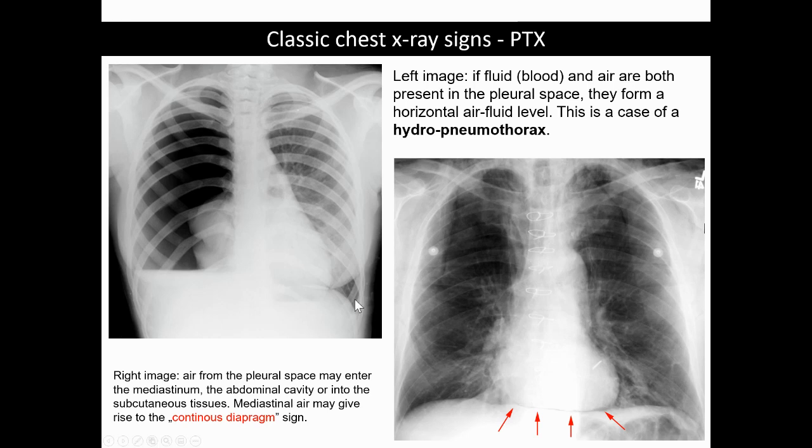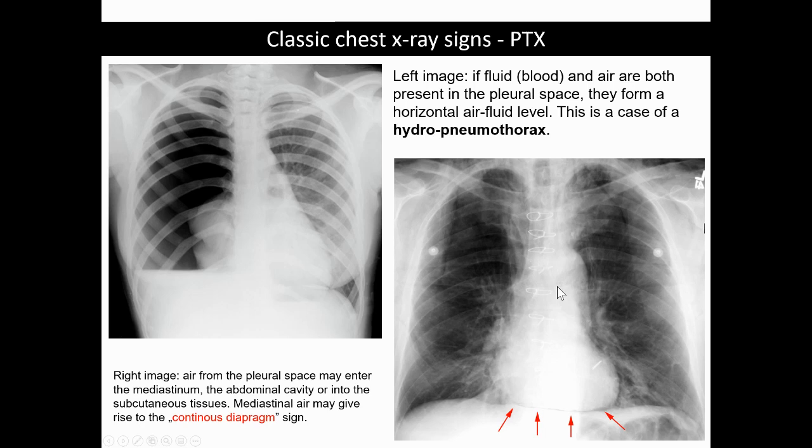Now, if there is air and fluid in the pleural cavity, then you will see an air fluid level. Over here towards the midline, you can see the totally, completely collapsed lung, above which there is a lot of air, and below this horizontal line, there is this homogeneous opacity caused by a lot of blood. On the right image,